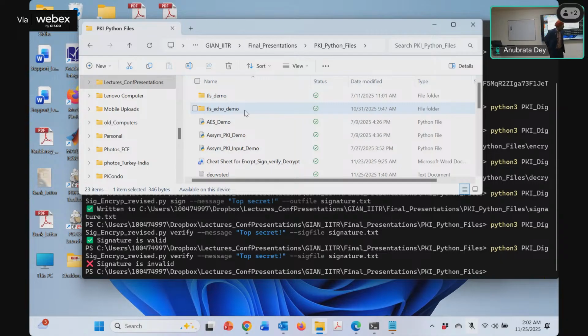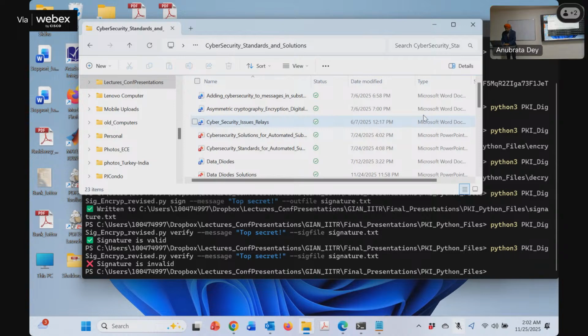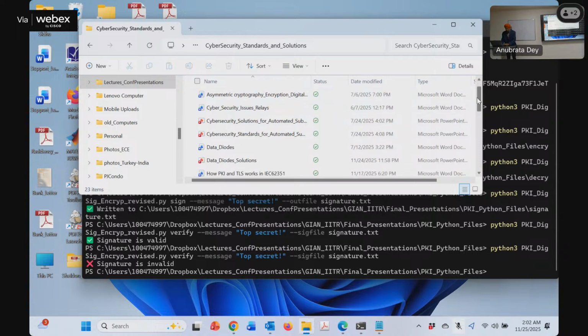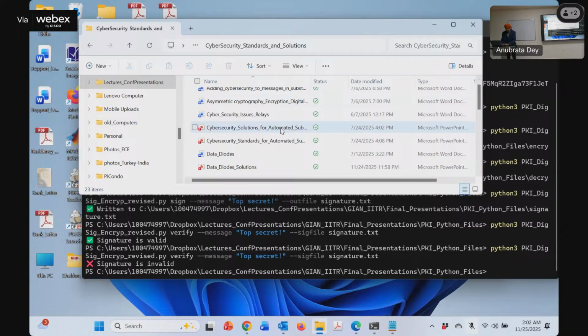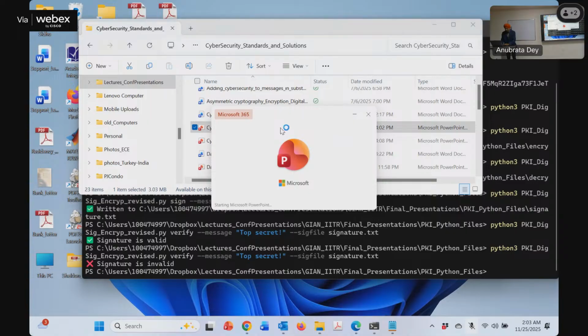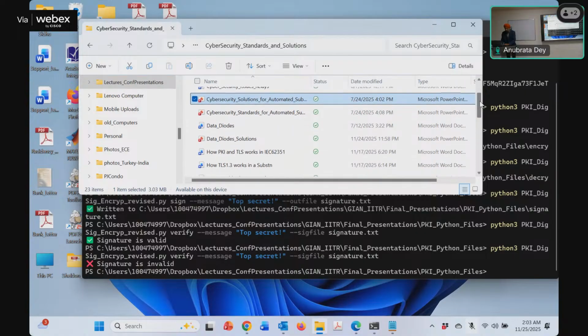Okay, so I think we will move on to our next, otherwise we are going to be. Okay, so what we want to do is we want to look at the standards and solutions. Okay, yeah, before we do that, let's just look at